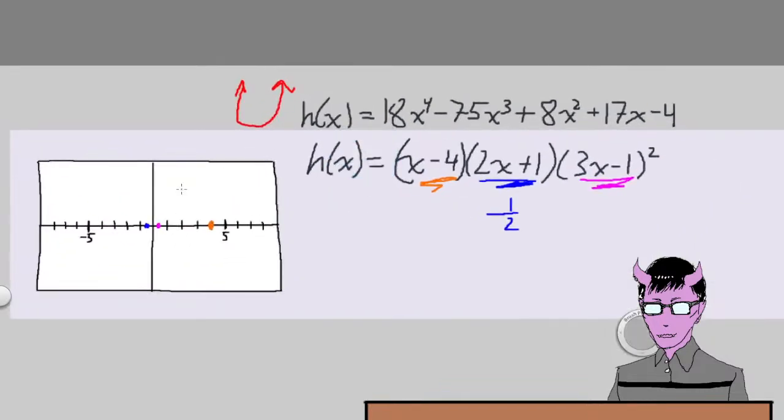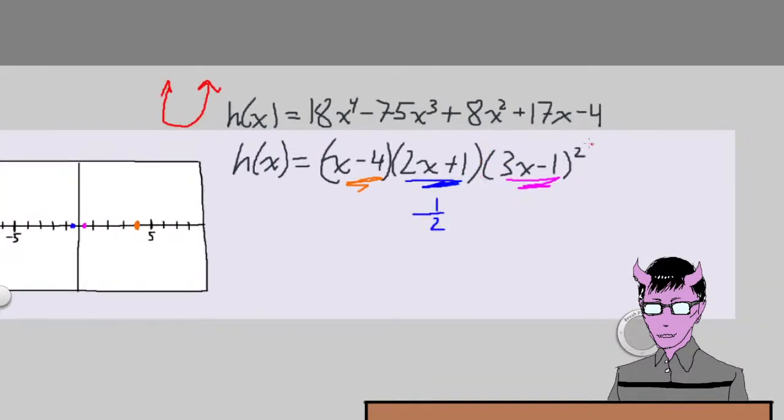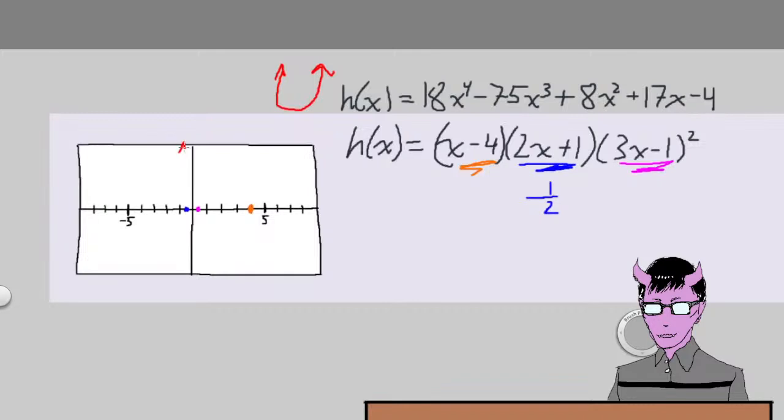Alright. So from here, we just need to hit multiplicities, right? We have a multiplicity of 2 on the magenta. So it's parabolic at the magenta location. So it's going to be going like this. We're going to pierce through, and then it's going to loop back around. We're going to go back up. We're going to do the touch and go at the magenta. Again, parabolic nature at the magenta. There it is. You're going to loop back around,